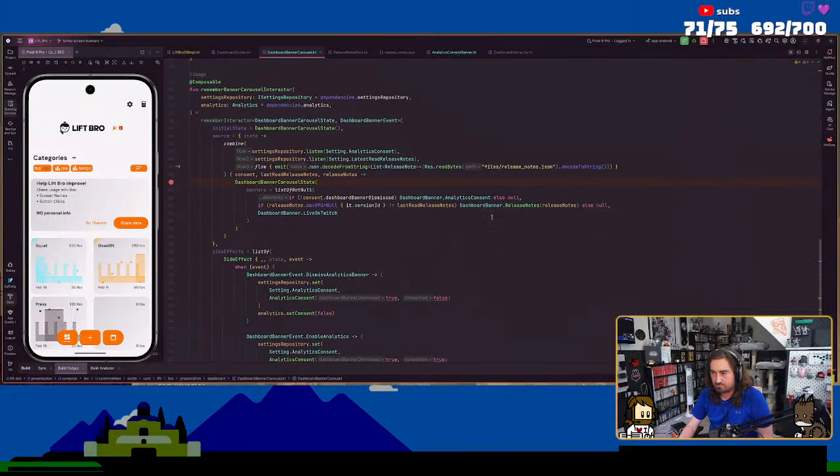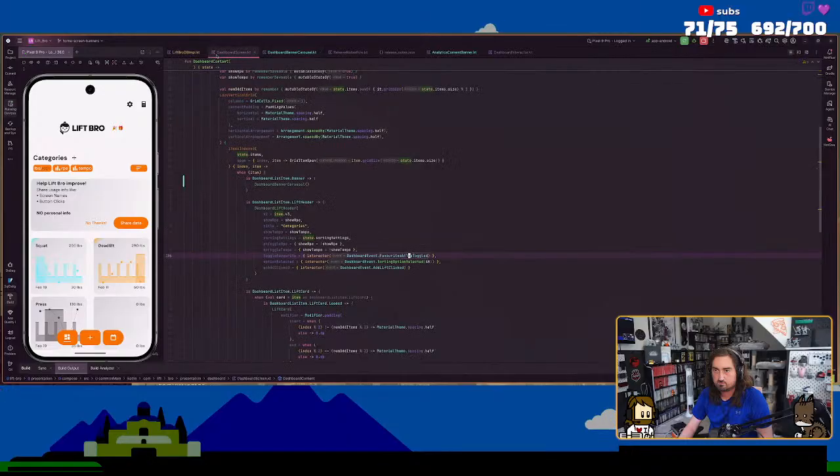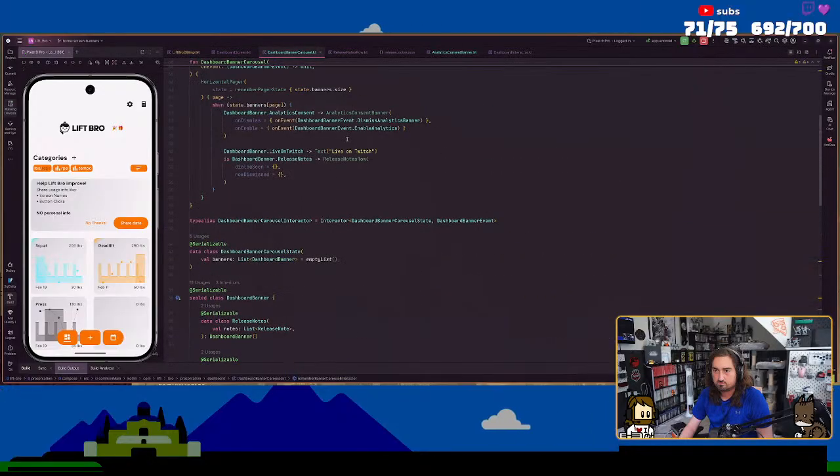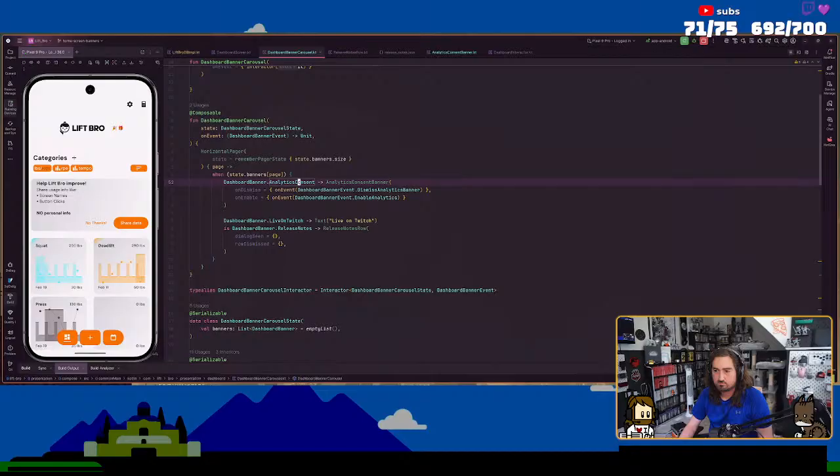Why is this two analytics now? When it's analytics consent, we do the analytics consent banner.